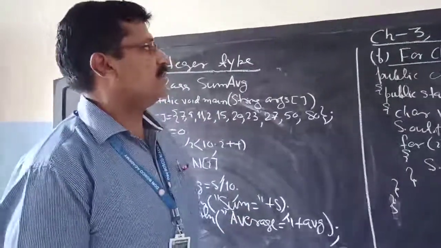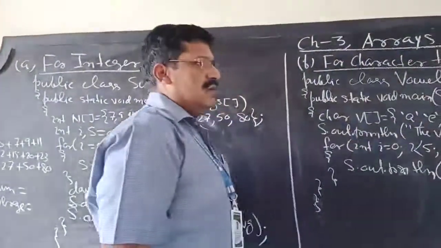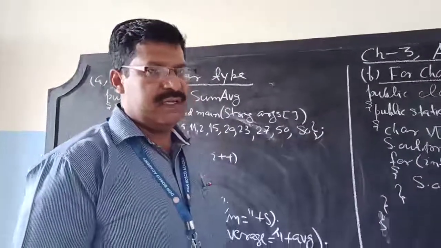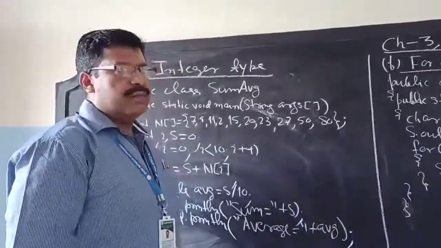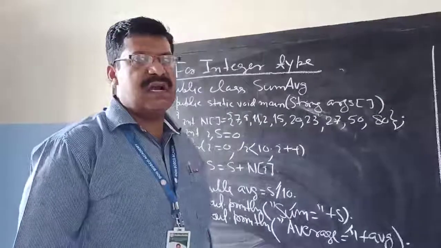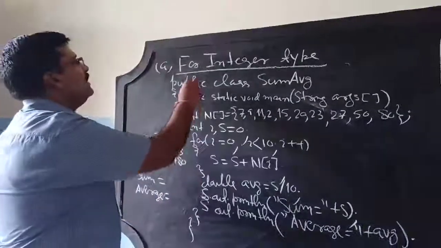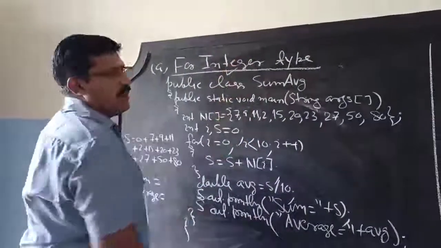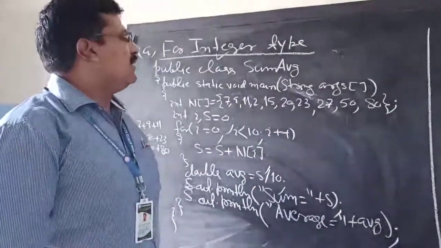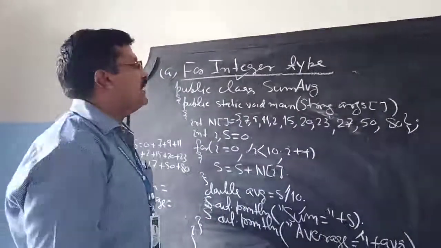Class 10, good morning. In our last class, we started chapter 3, Array, in which we learned how to declare an empty array and use it. Today, we are going to learn some programs using a single dimensional array by assignment statement. So we are going to write a program for integer type of data: a program which will create an array to store 10 numbers and find their sum and average.